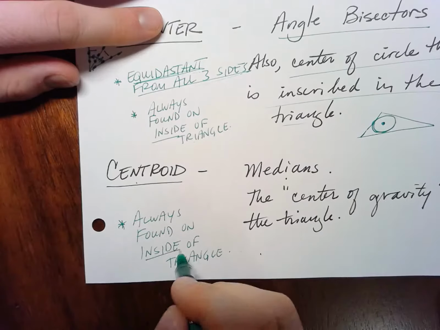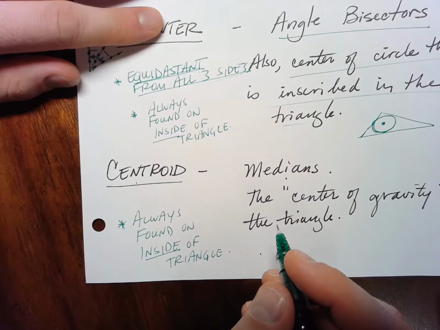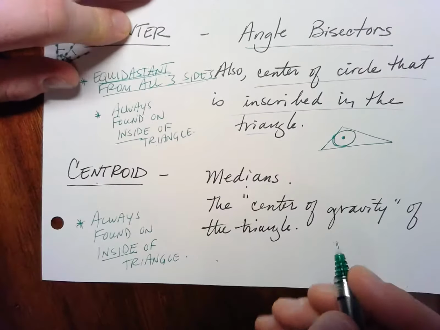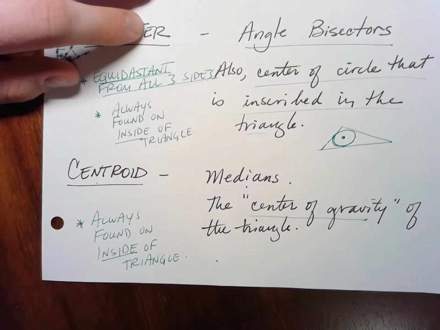This is always found on the inside of the triangle also, because it's only a product of measuring two midpoints. And this can also be thought of as the center of gravity. You basically are taking